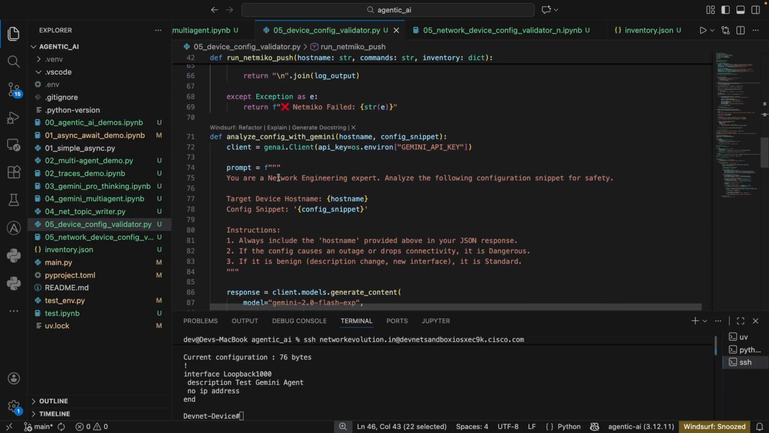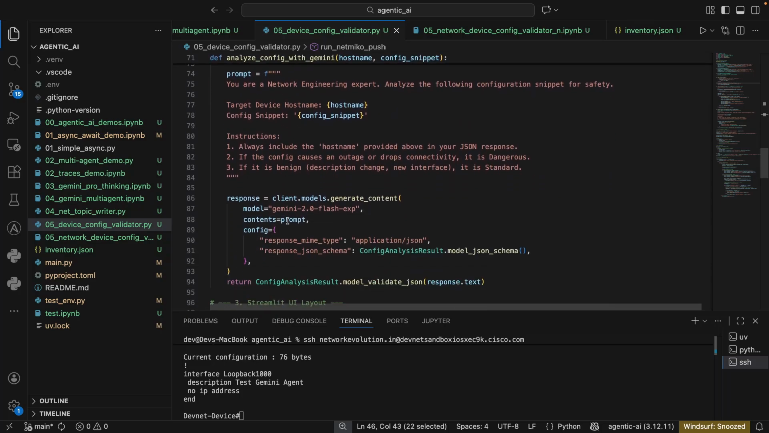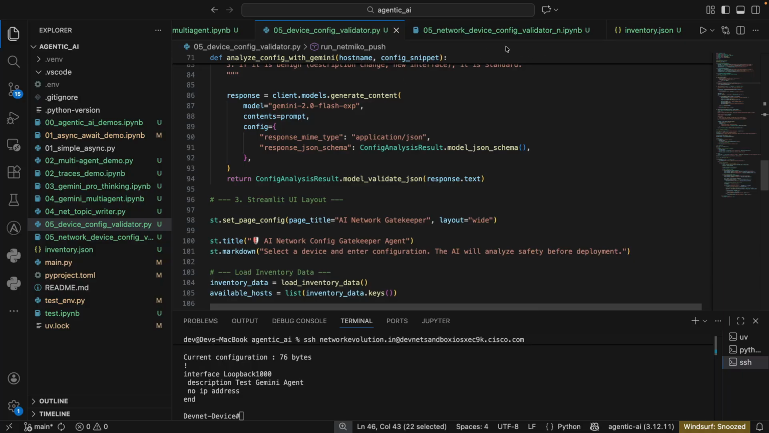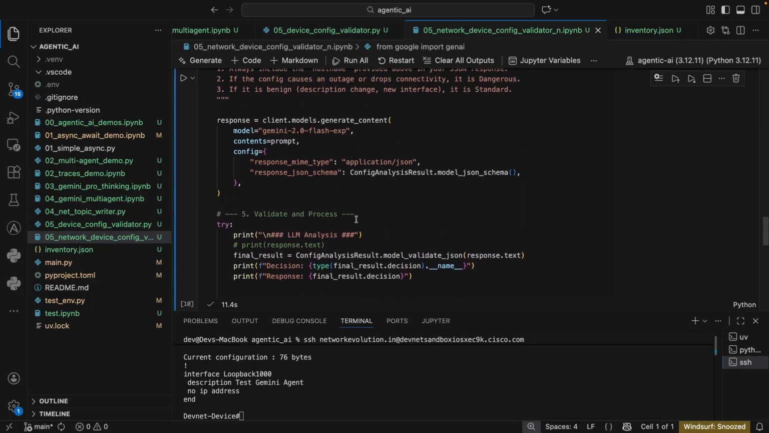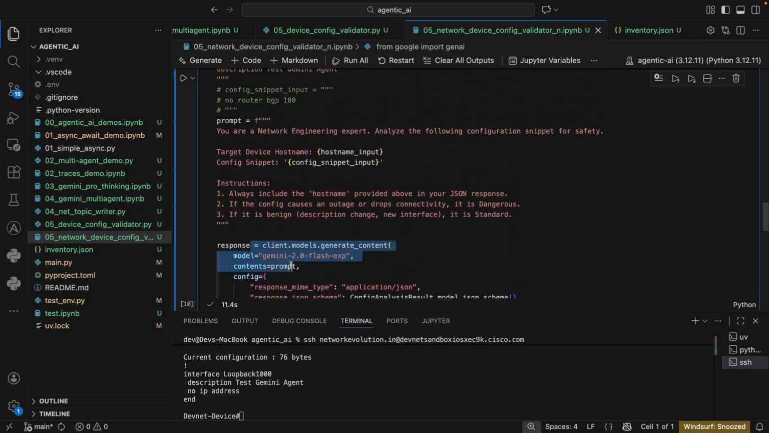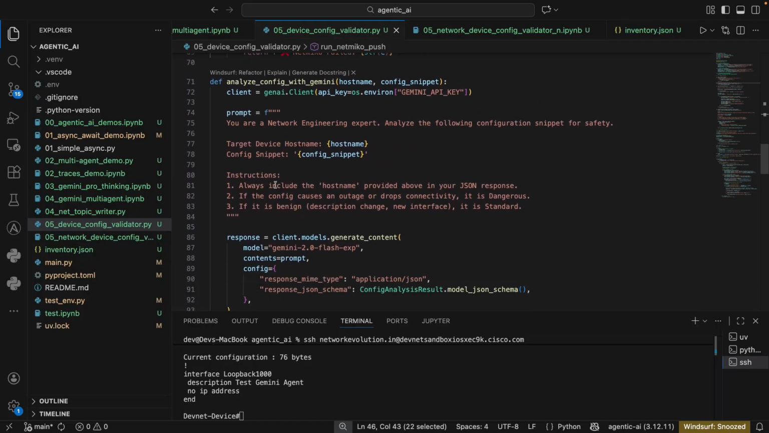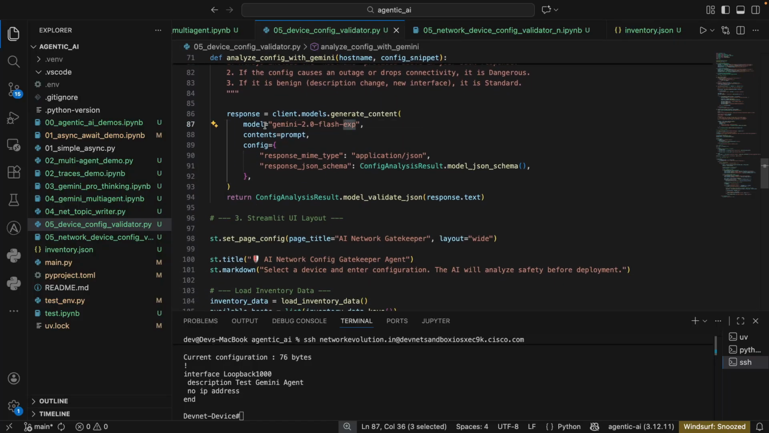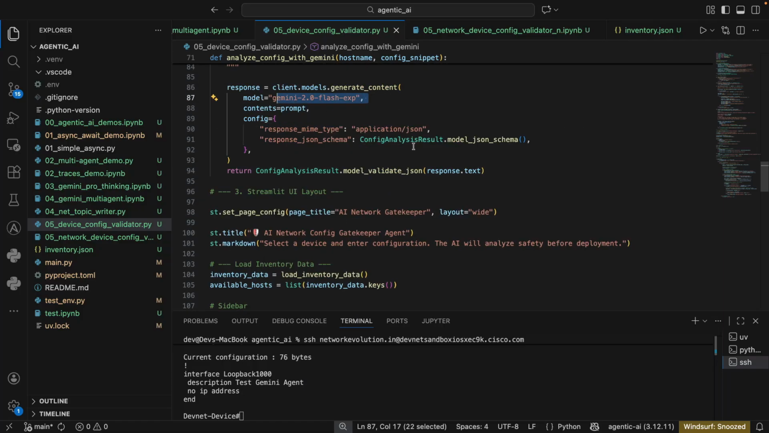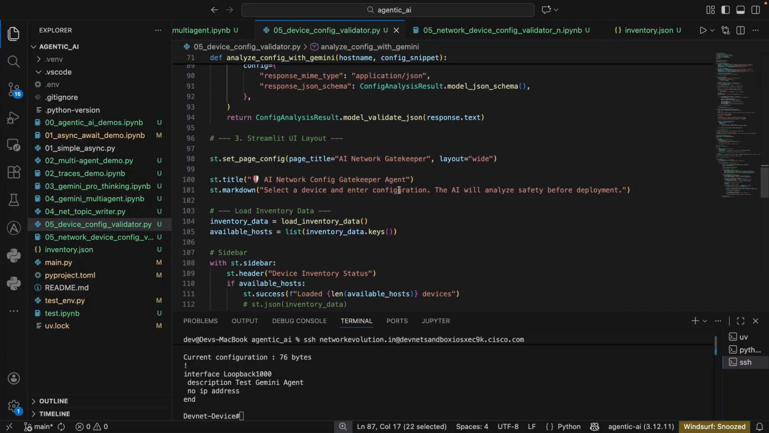and this function is analyzing the user given configuration. Previously we kept it outside, directly we were using it. Within this we have created a separate function. The prompt is saying the model, I'm using Gemini 2.0 Flash Experimental, and you can see the model, then the response schema, config analysis result, then